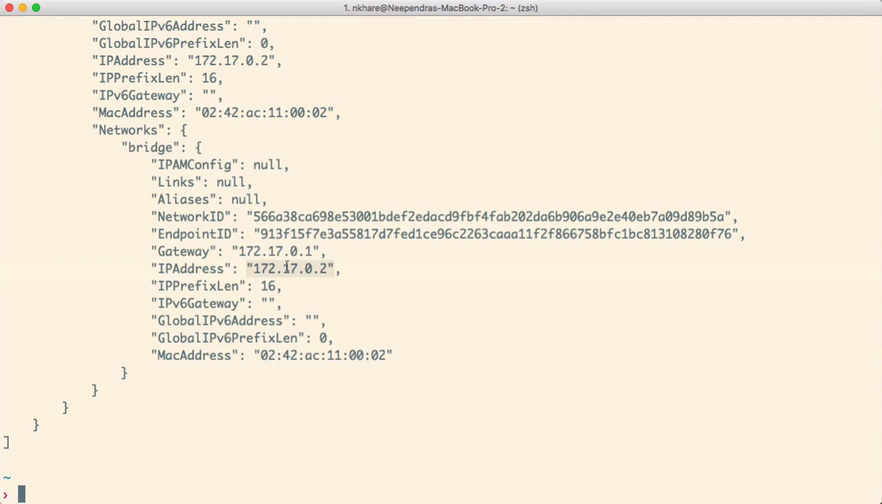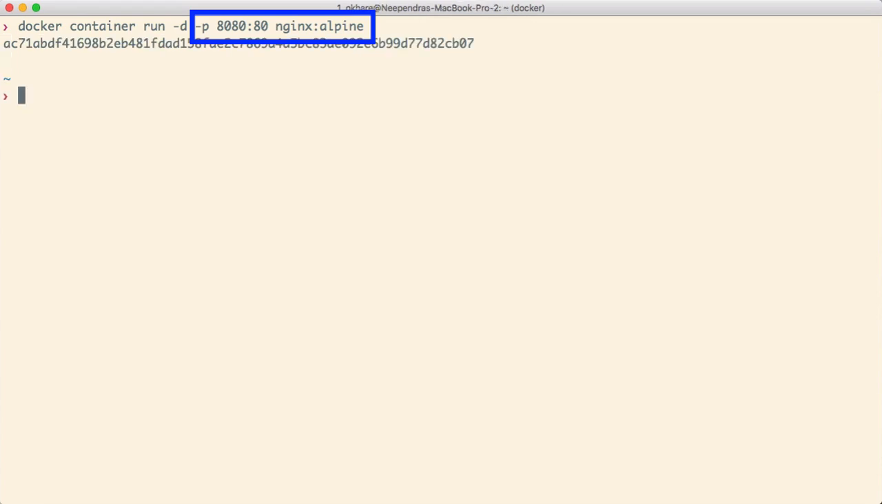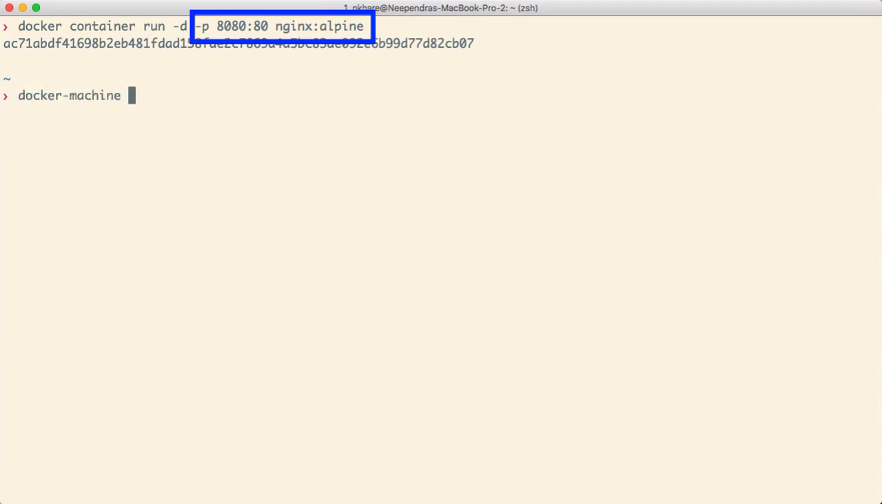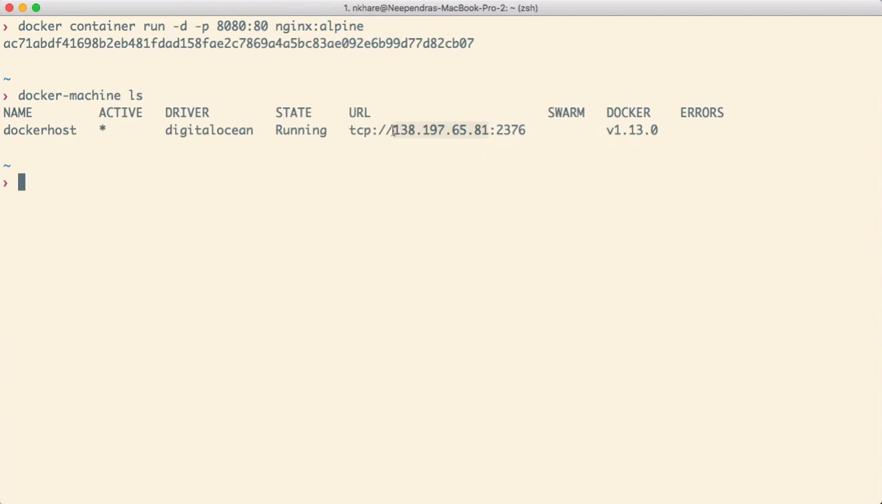To access the container from the external world, we need to do a port mapping between the host port and the container port. With the -p option to the docker container run command, we can map a host port with the container port. Like here, we are mapping port 8080 of the host system with port 80 of the container. Once the port is mapped, we can access the container from the Docker host by accessing the Docker host on